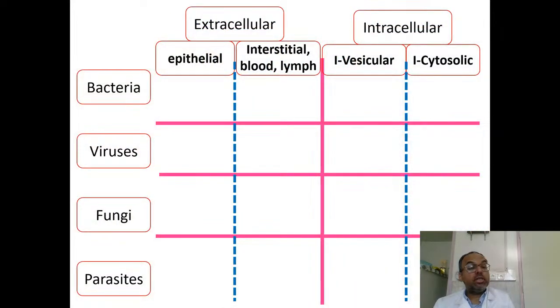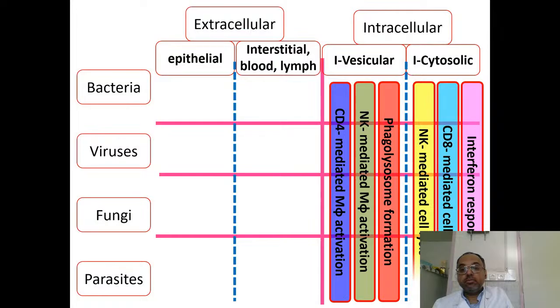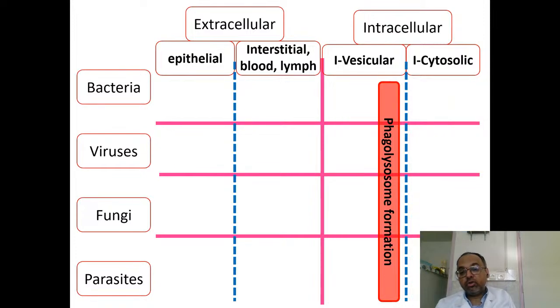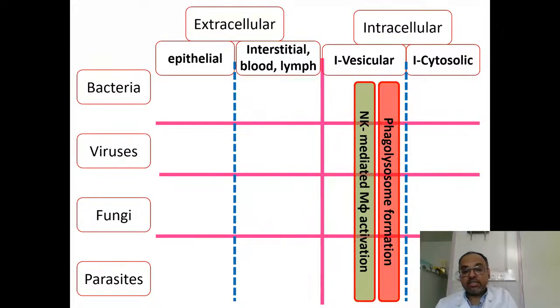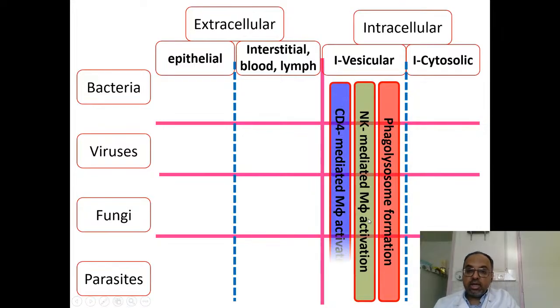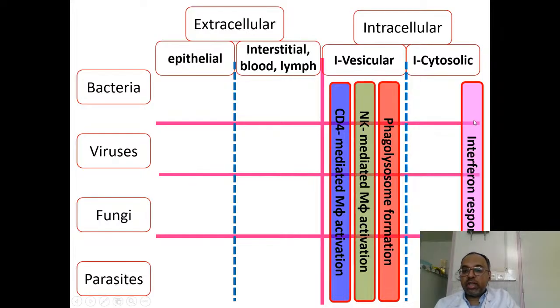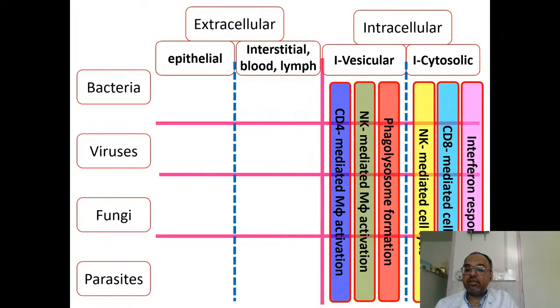So in order to summarize what I said up to this point, I have made this slide. Well, you have to turn your head like 90 degrees to the right in order to read it. So for intravesicular, let's come back in here. We have phagolysosome formation, innate defense. Then we have NK cells helping macrophages, like this M5 is macrophage. Then we have CD4 T cells helping macrophages to do what? To produce reactive oxygen species. Here for intracytoplasmic pathogens, we have interferon response, innate defense, we have CD8 response, killing by CD8, and we have NK cell response, killing by NK cells.